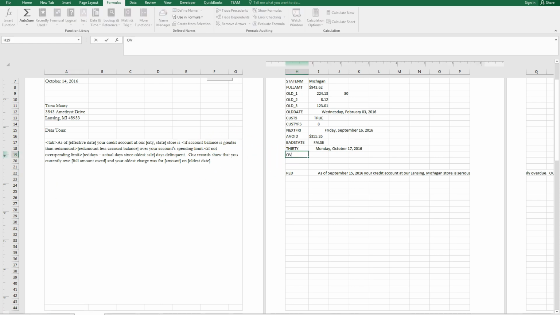Okay, the easy one is we're over limit or we're over days. Okay, so if we're over limit, then let's do an if. If index of our, or no, do it easier than that. So if full amount is greater than red amount, then this is true, otherwise it's false. That is not over,